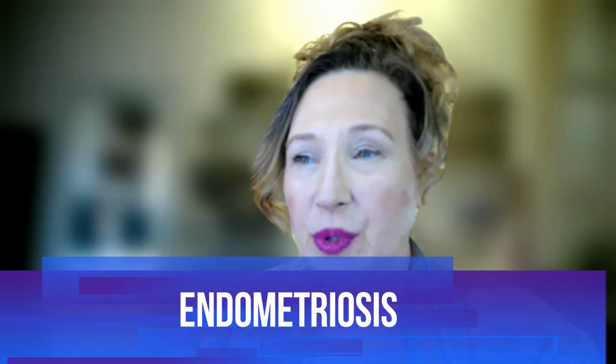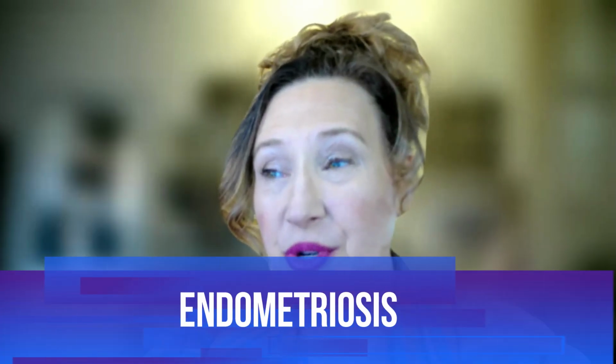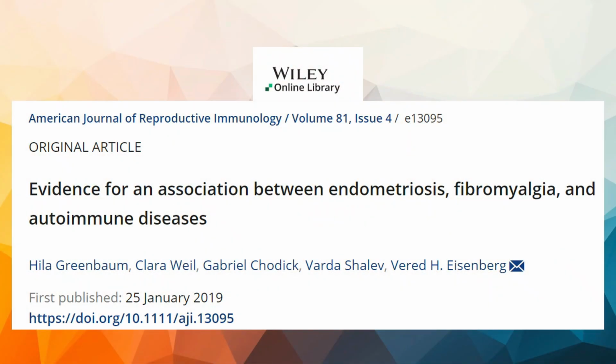In women, endometriosis is a painful condition in which the endometrial tissue grows outside of the uterus. I know someone who had this condition since she was a teenager. Oh, and I remember as a teenager, she suffered so much, clear into her adulthood. In a 2019 study, women with endometriosis were 6% more likely to have fibro than women